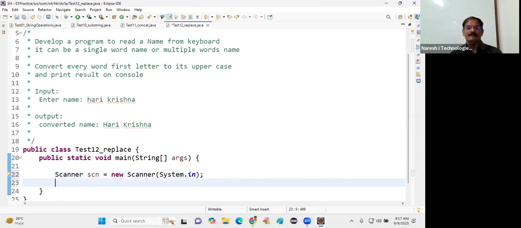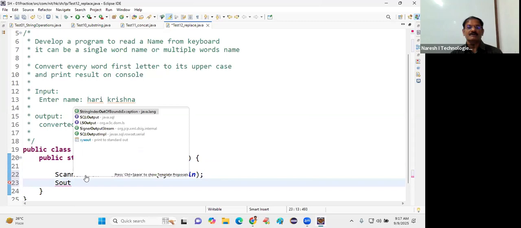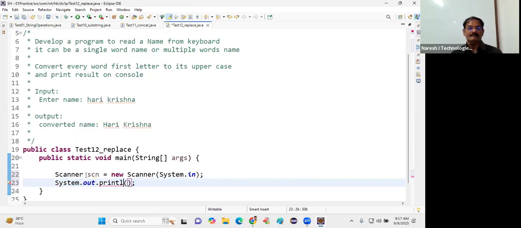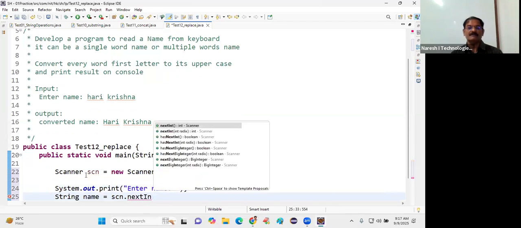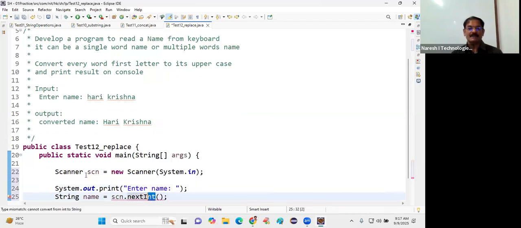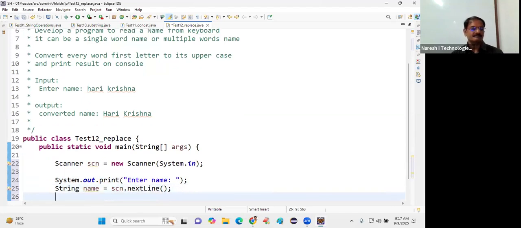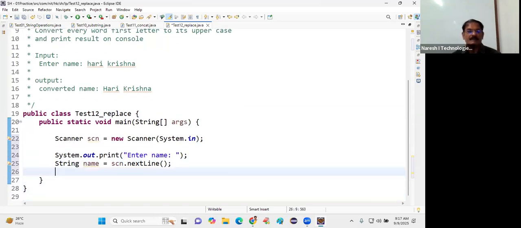Then next, System.out.println, "Enter name." Then next, String name equal to scn.nextInt. Next line. scn.nextLine. Then next,